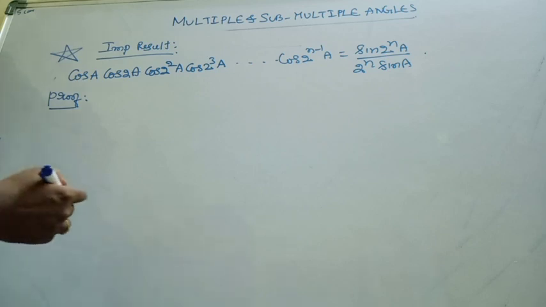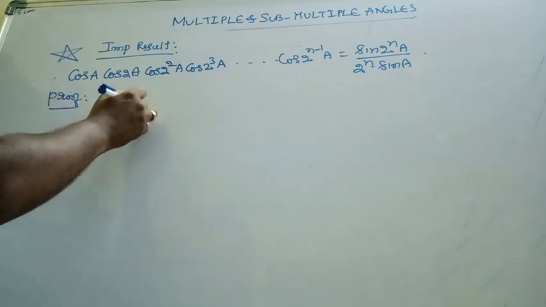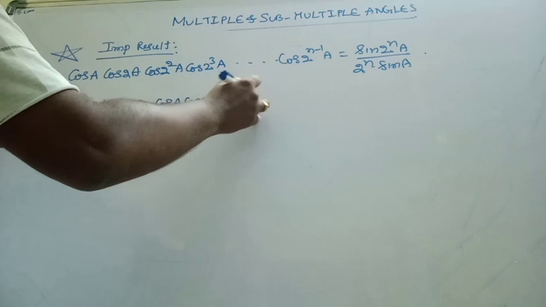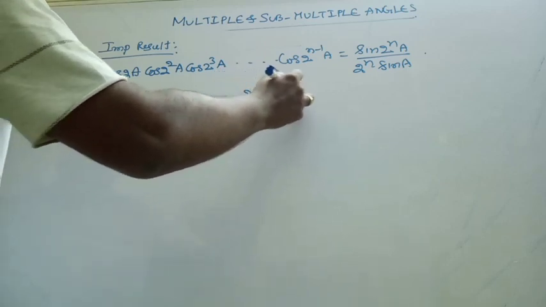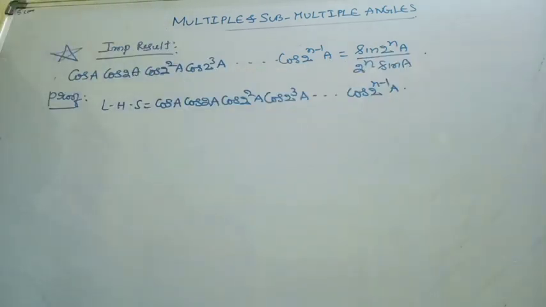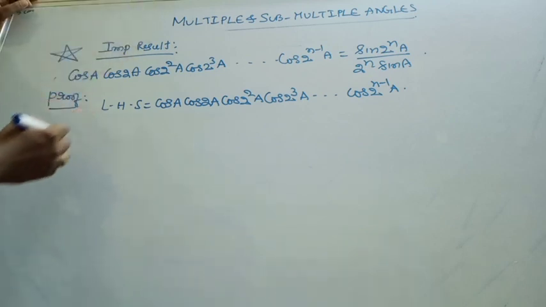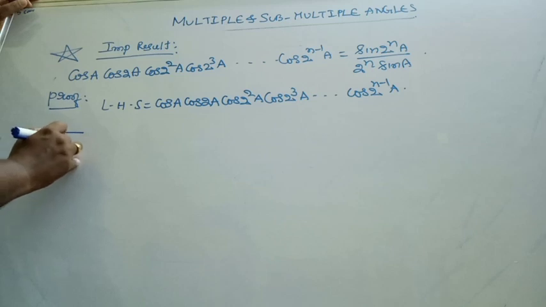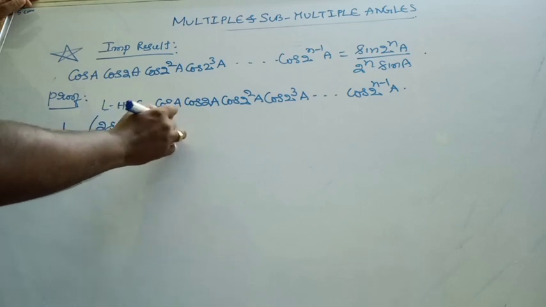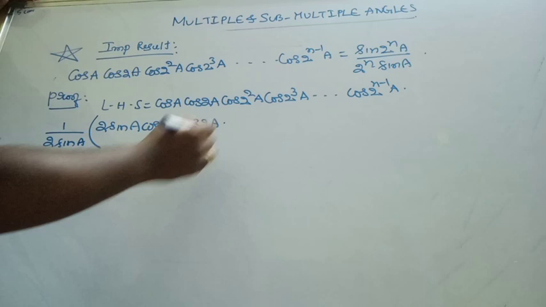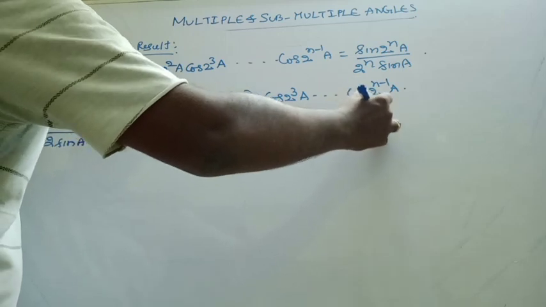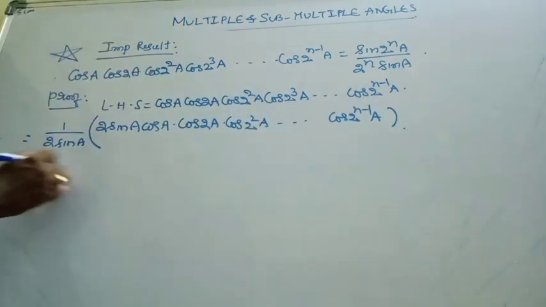Let us take the left hand side part, my dear students. The left hand side is cos A, cos 2A, cos 2 square A, cos 2 cube A, and so on up to cos 2 power n minus 1 into A. For this, we need to prove the right hand side part. What we do is, I will multiply and divide by 2 sin A. Now this becomes 1 by 2 sin A